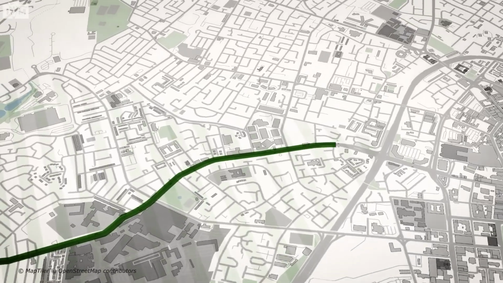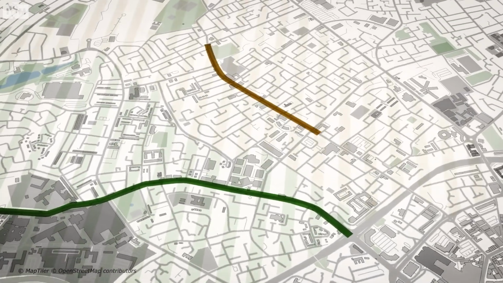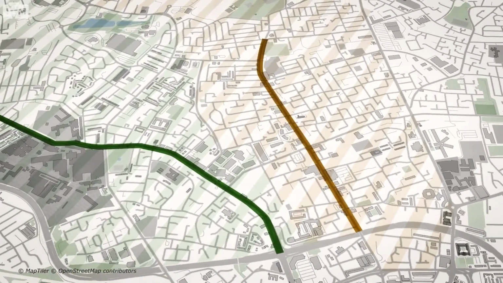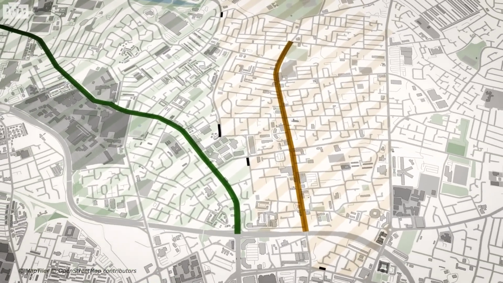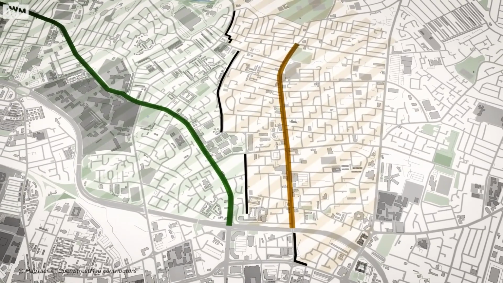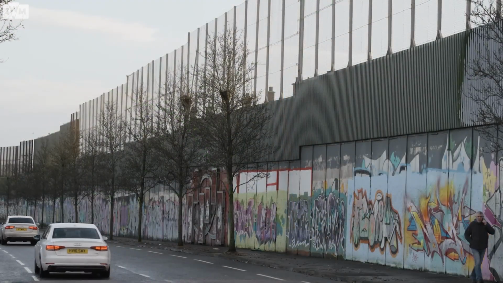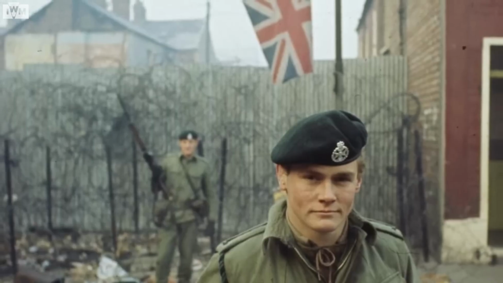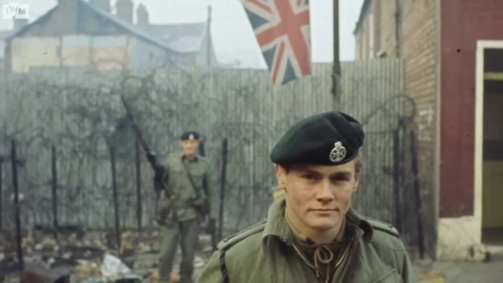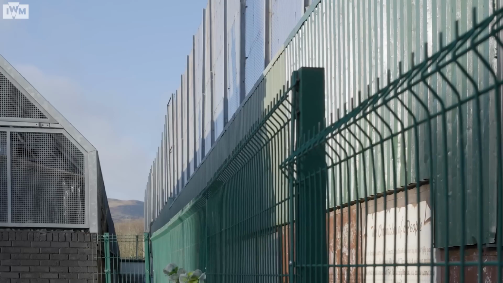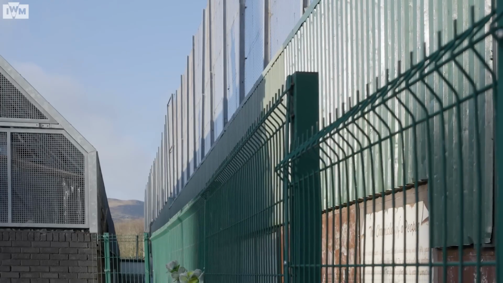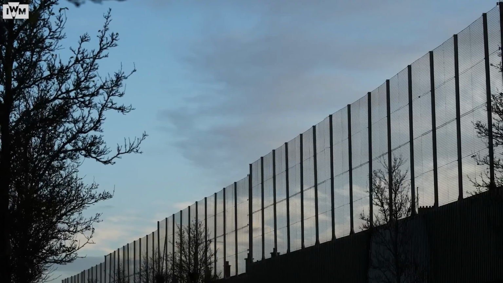This is the Falls Road in Belfast, and this is the Shankill Road. These two areas are just a few streets away from each other, and yet there is a border running between them. This vast wall stands on the first peace line in Northern Ireland. First built nearly 50 years ago as a temporary barrier to divide two communities, there is still a wall standing here today, a physical symbol of the deep divisions within Northern Ireland.